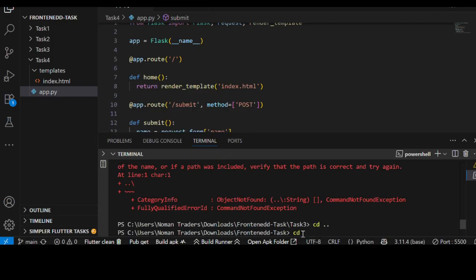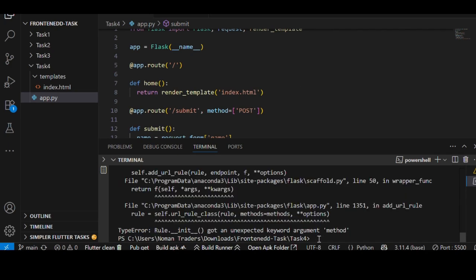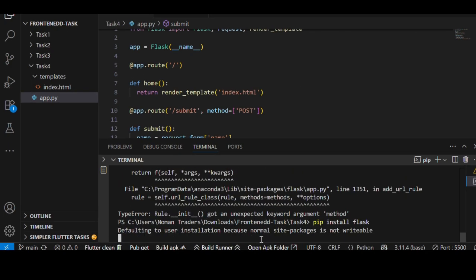To run your app, open your terminal and type